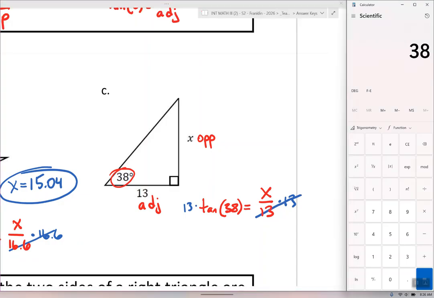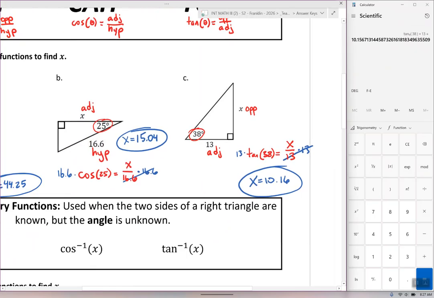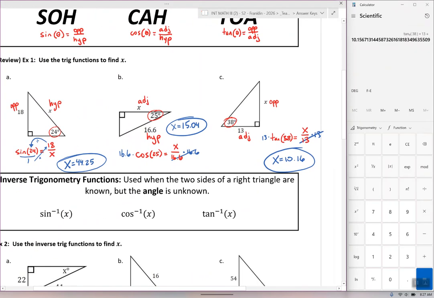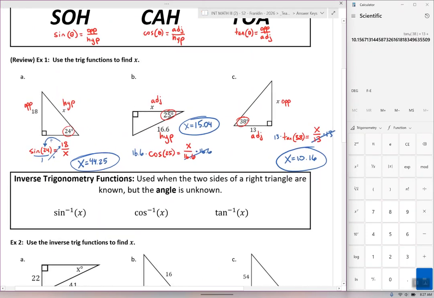So the tangent of 38 times 13, I get 10.16. Okay, so that's just a little recap on how to use sine, cosine, and tangent to find a missing side